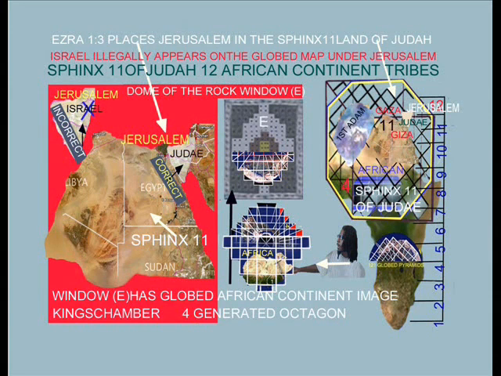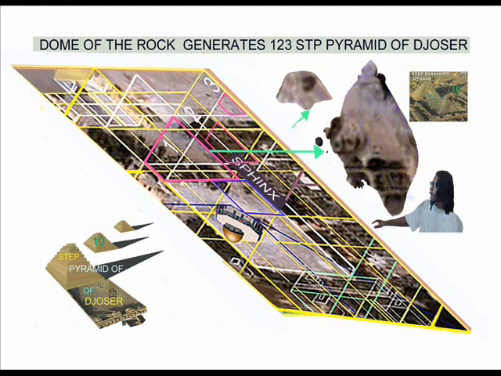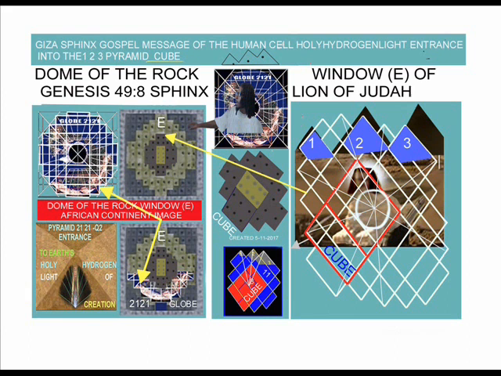Now, if we draw 12 horizontal white lines across the African continent from east to west, and then view them with satellite imagery, so we're looking at 12 horizontal white lines upon the African continent as viewed with satellite imagery from outer space, what we will immediately see is that 12 African continent tribes are actually populating all of the 12 horizontal land surface lines. This brings us into the terminology which I call the original 12 African continent tribes, which the Giza Sphinx ruled over in ancient Judaism.